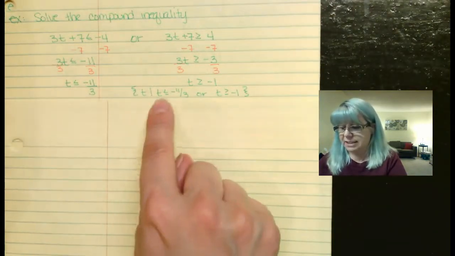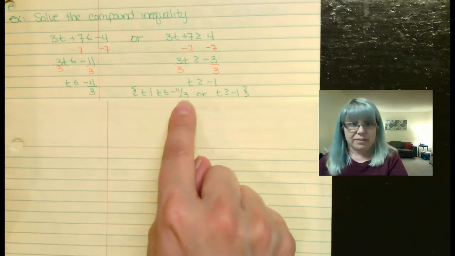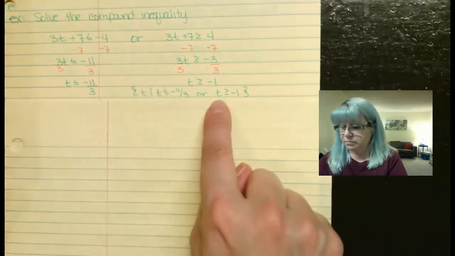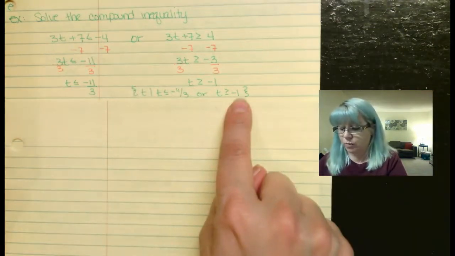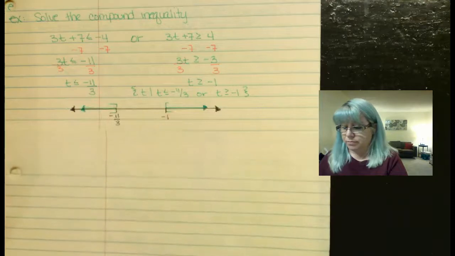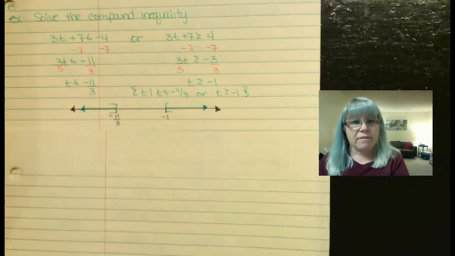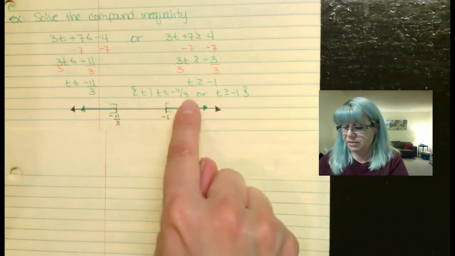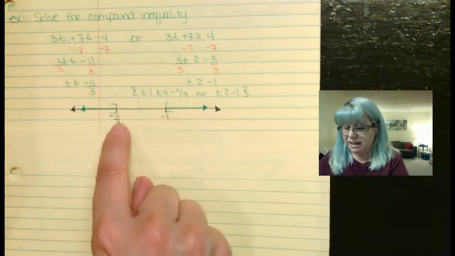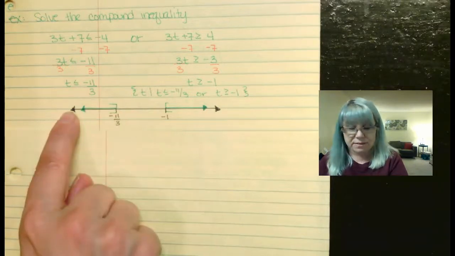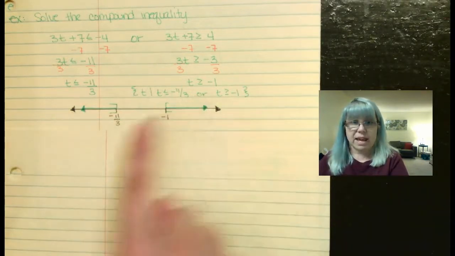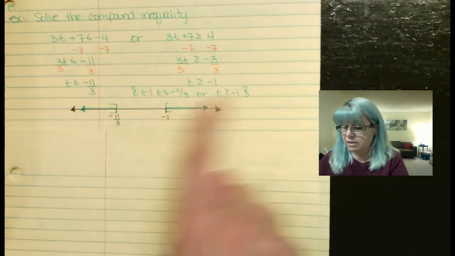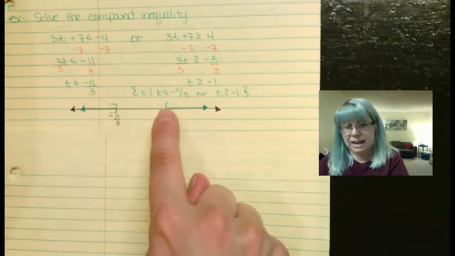T such that t is less than or equal to negative 11 thirds, or, because my problem was an or, t is greater than or equal to negative 1. When I'm graphing, since t is less than or equal to negative 11 thirds, I have a bracket on negative 11 thirds and everything to the left. Since it's an or, it's okay that they don't overlap. T is greater than or equal to negative 1, so there is a bracket on negative 1 and pointing everything